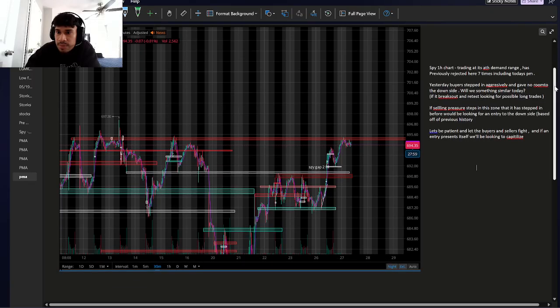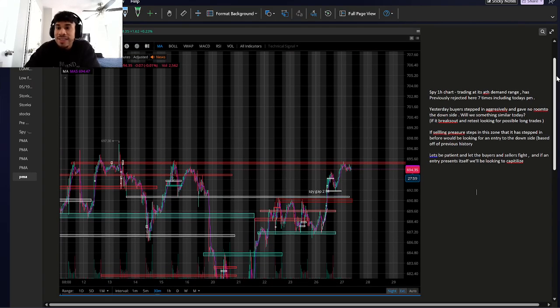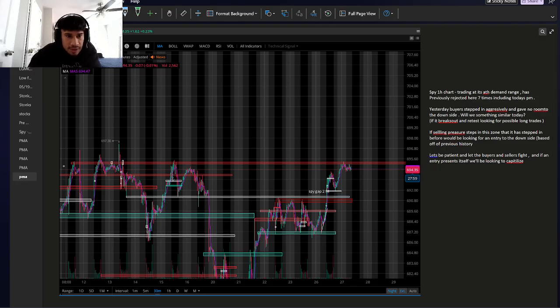So over here on the SPY 30-minute chart, it's trading at its all-time highs, which is an area of demand, and has previously rejected here 7 times, including today's pre-market. As you guys can see, it's an area of demand. 2, 3, 4, 5, 6, 7. An area of demand being an area in which demand outweighs supply,